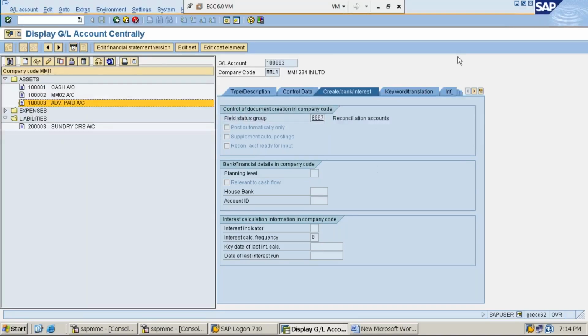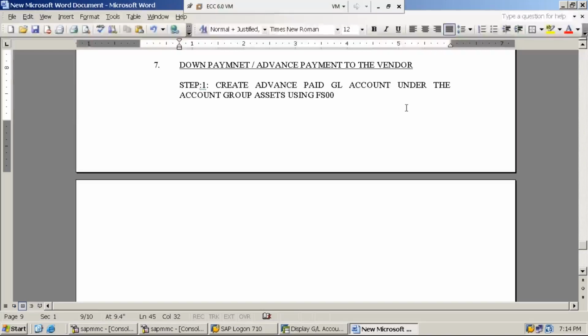Next step, important step, which is a consultant step, consultant will do in real time. So keep star mark. Step number 2. The step will enable end user to complete down payment scenario in the system. Without this step, a down payment scenario cannot be exercised in the system, please. Okay, so step number 2,